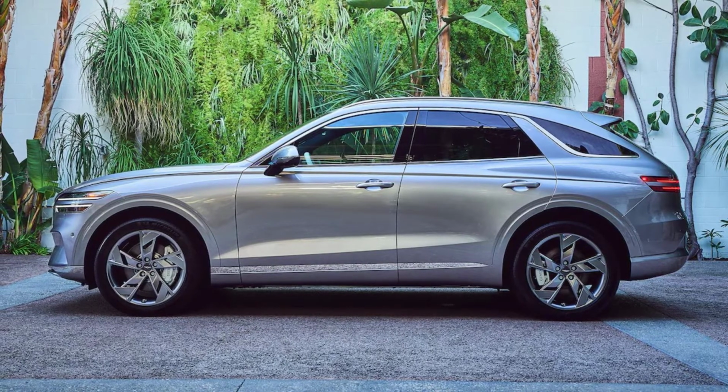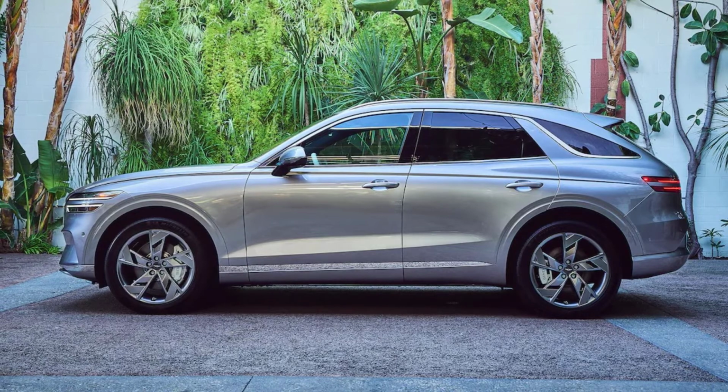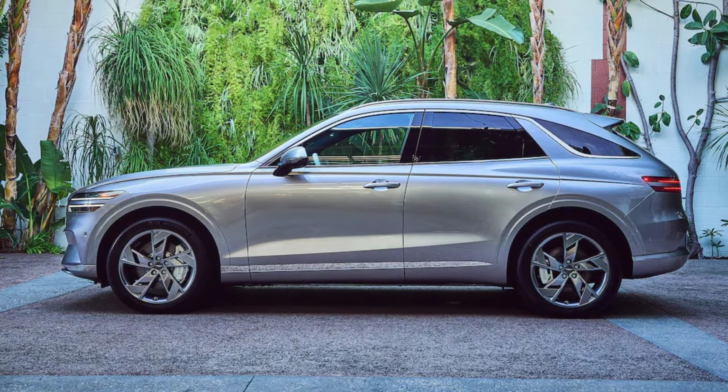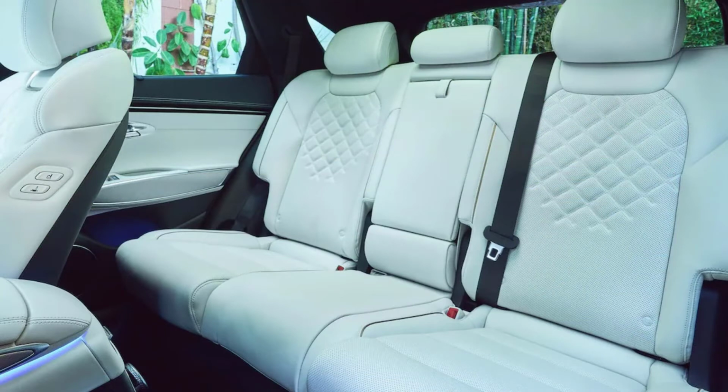Out back, a smooth panel covers the space where the engine's big exhaust outlets would otherwise be. The brake calipers are white, which we thought would make them a magnet for collecting brake dust, but if the GV70's regenerative braking works as well as it does in other Hyundai Group EVs, there won't be much brake dust to collect. Slipping in behind the wheel, the view from the driver's seat is largely the same as the gas car